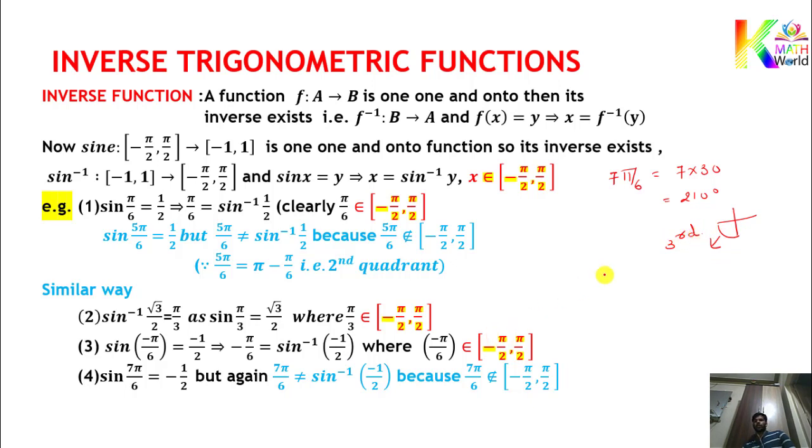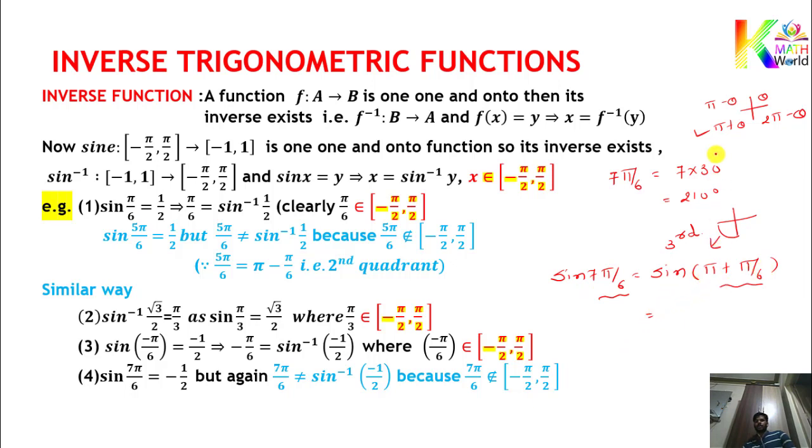Third quadrant. So pi plus third quadrant, it means what is your structure format? Theta, pi minus theta, pi plus theta, something like that, and 2 pi minus theta. This is our structure. So we can express it with the help of pi plus. So sine of 7 pi by 6, how can we write sine of 7 pi by 6? So that is equals to sine of pi plus pi by 6. 7 pi by 6 can be written in this format also. 6 pi plus pi, that is 7 pi by 6.